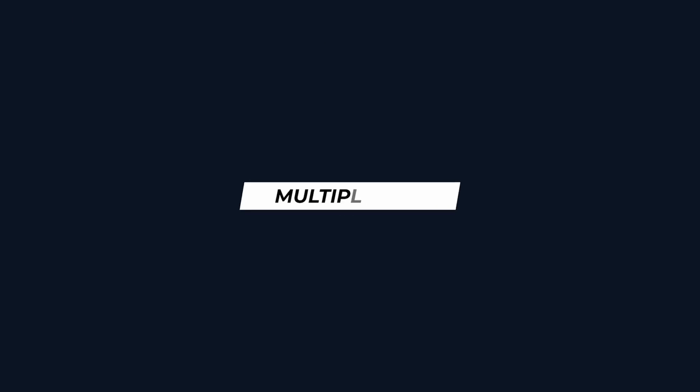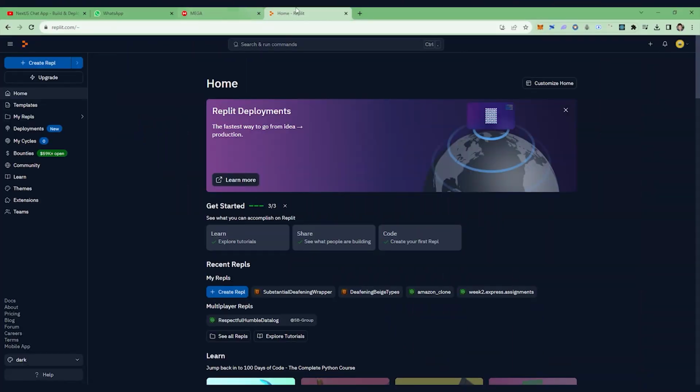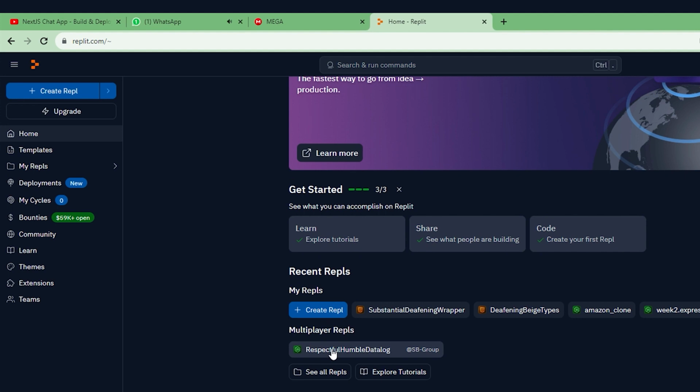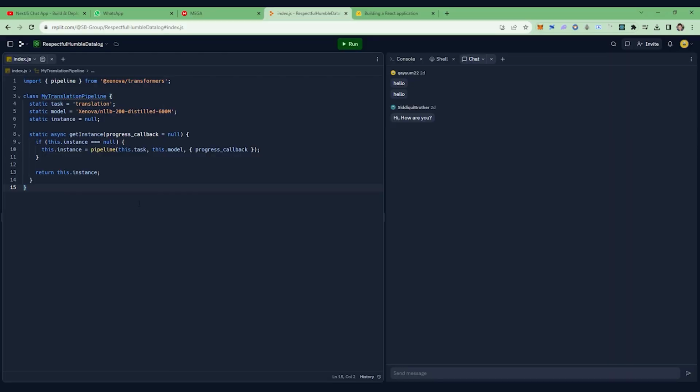The first one of the most unique features of Replit is its multiplayer mode. Two people at different locations can work on the same project. Replit's multiplayer mode enables developers to work on the same code base simultaneously and see changes in real time. It includes a chat feature for communication, making it ideal for remote teams and pair programming. This fosters collaboration, saves time, and enhances efficiency.